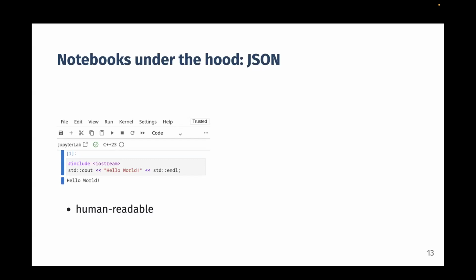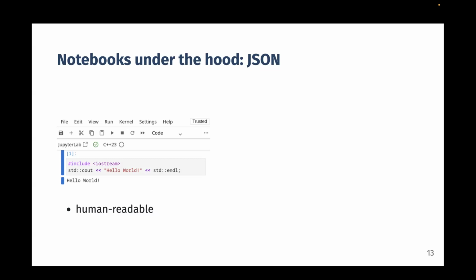Okay, so just delving a little bit more into what notebooks are. On the left, there is a screenshot of a Jupyter Notebook in JupyterLab. And this is actually a C++ one, just to illustrate that it's not limited to Python. I can tell that because there's this C++, but also this code is clearly not Python. And this is what you see in the front end. Pretty much all the time you interact with Jupyter Notebooks, you'll be looking at these boxes, which are called cells. But actually underneath, Jupyter uses this format called JSON, which